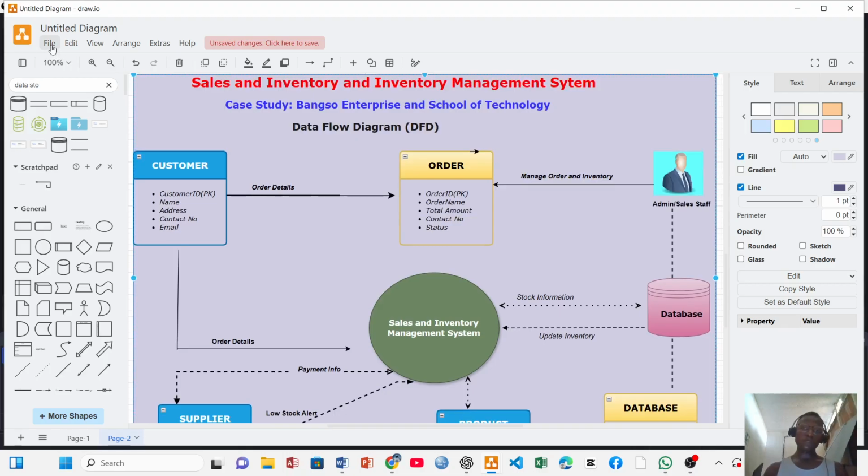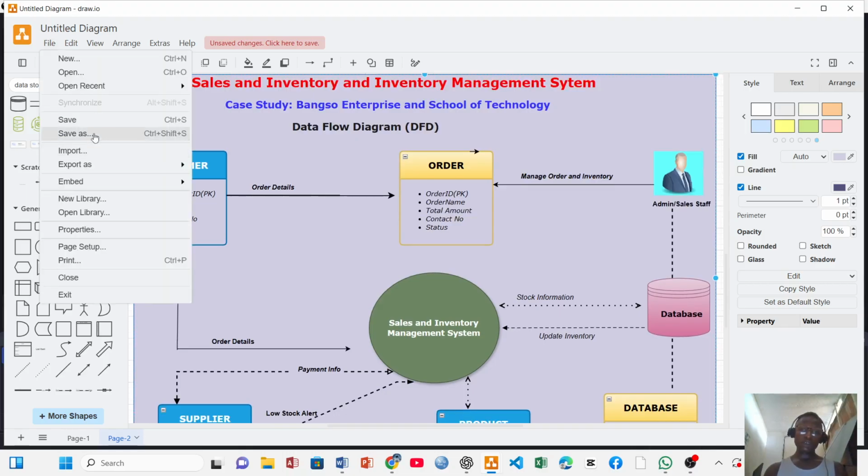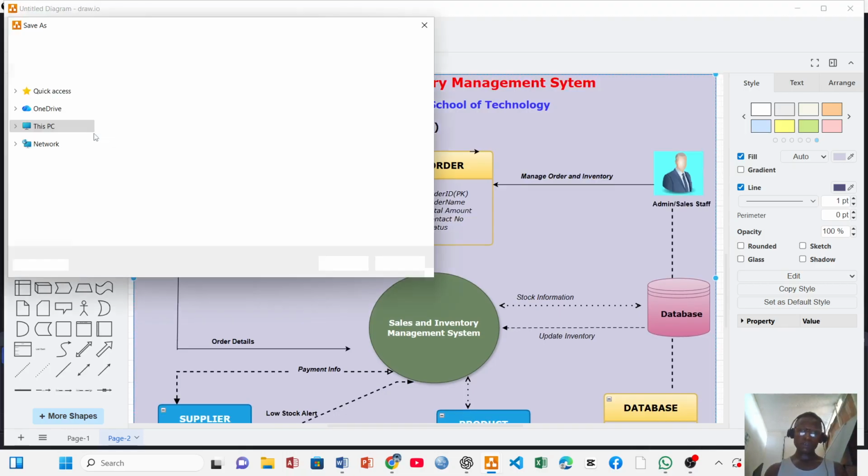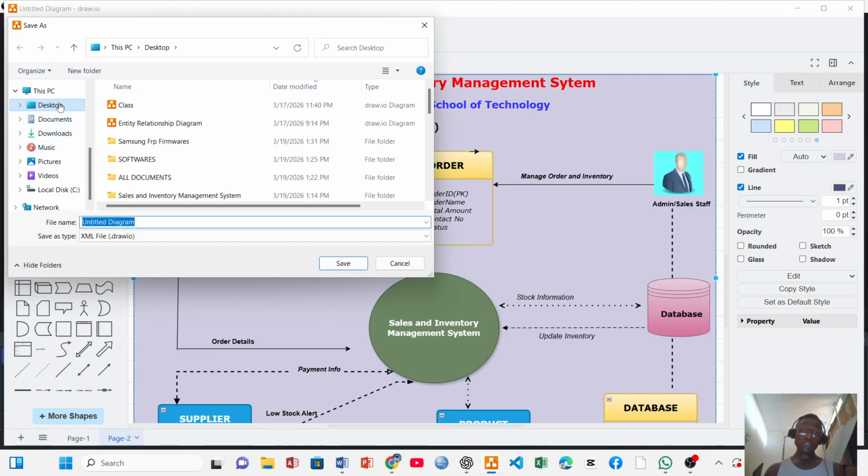Now we're going to save this one. Yeah, save as. This is first. This is going to save this as, let's see, data flow